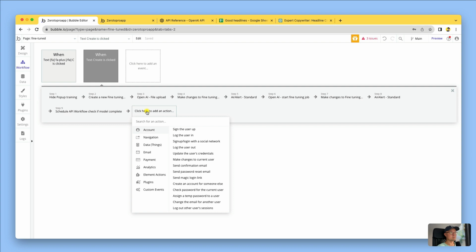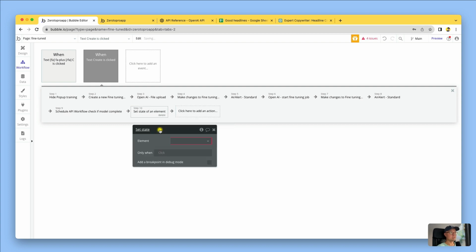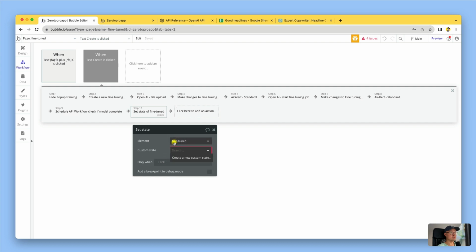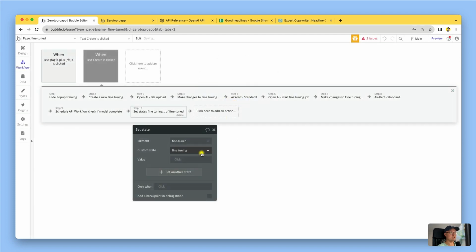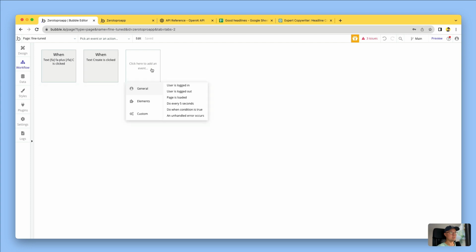So let's just set a state, and I'm going to set it on the page itself. I almost always put my custom states on the page itself, and I'm just going to call it fine-tuning, and it's going to be of type fine-tuning, and that's going to be equal to the result of step 2, create fine-tuning. And then that means I can create another workflow here to say do when condition is true,